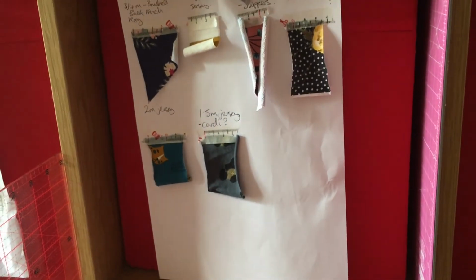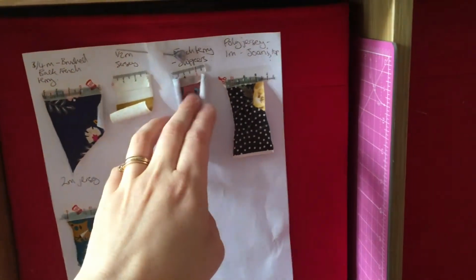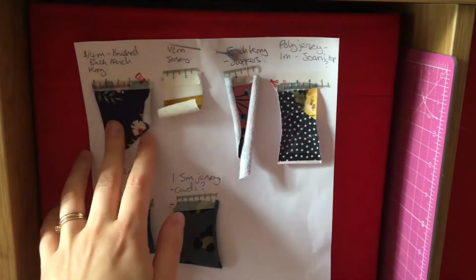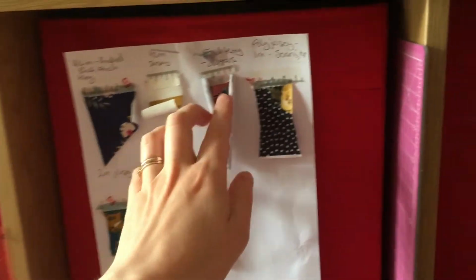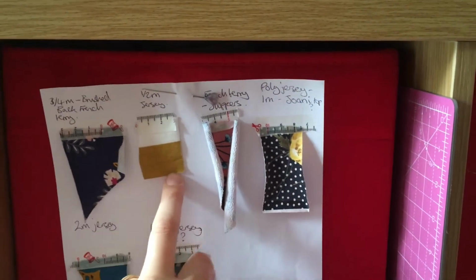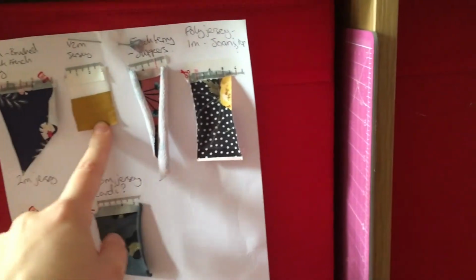And then again with this is my jersey, so these are all the jerseys that I want to use soon. So I've used this one and this one to make slipper boots, first samples for the new kit and pattern and live online workshop that we're bringing out, and they look gorgeous. And then I don't think I've used that yet. No, I haven't used that yet, but that's half a metre, so it'd be great for linings or something little